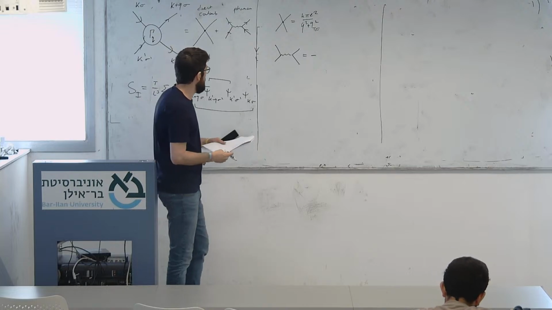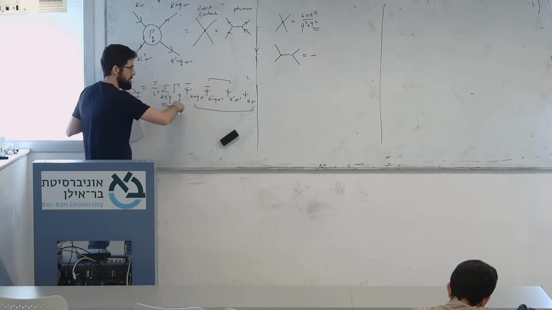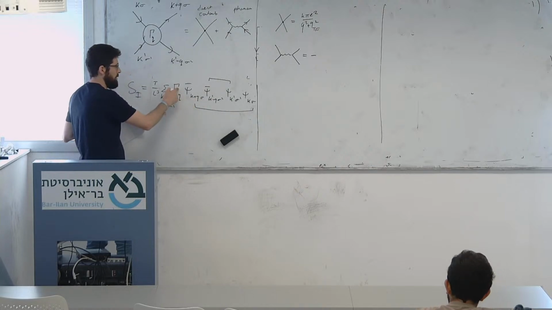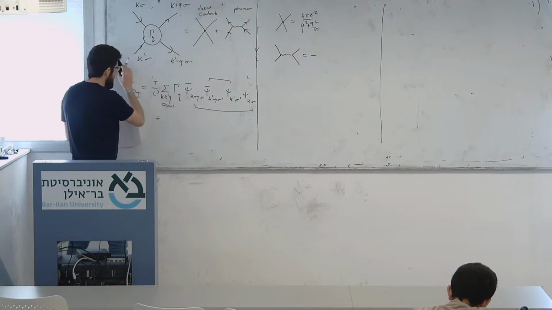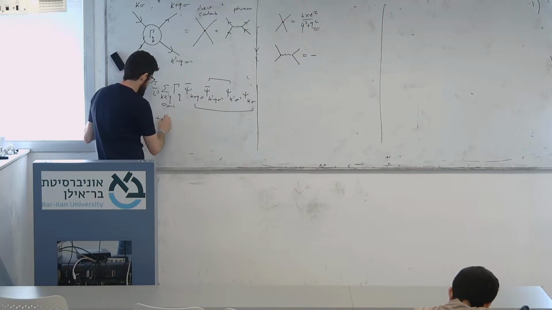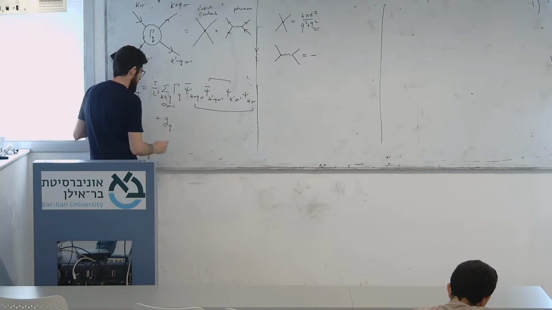You can also view it from the fact that you can derive this interaction by taking not only the bare Coulomb, but also adding to the interaction a coupling, let's call it G of Q,